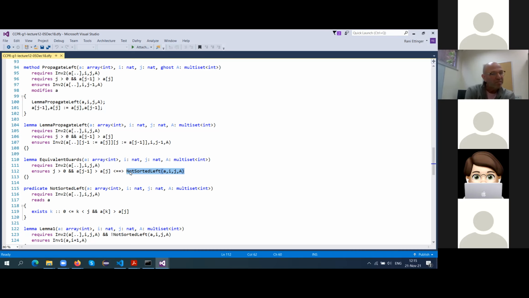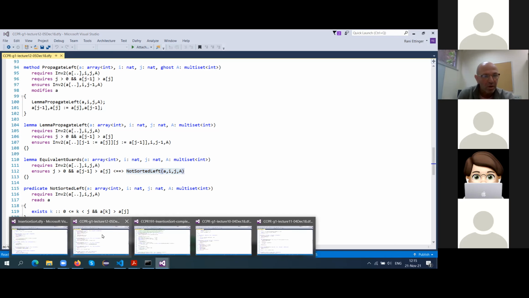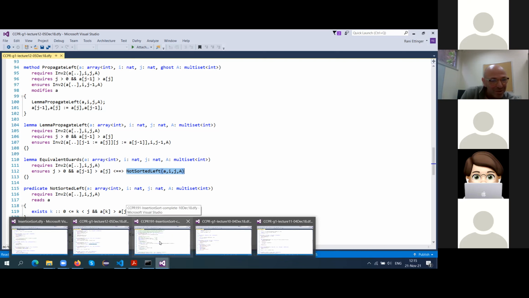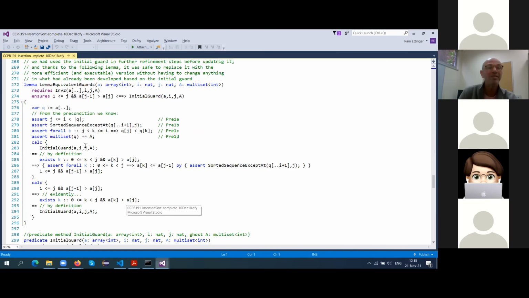In the paper, I don't speak about how to prove the lemmas, but I do spend time on that, and we spend some time in the course learning how to write proofs in Dafny, be it with some calculations. I will end with that, showing the full version, the complete version. And here, for example, there are proofs that Dafny just accepted as is.